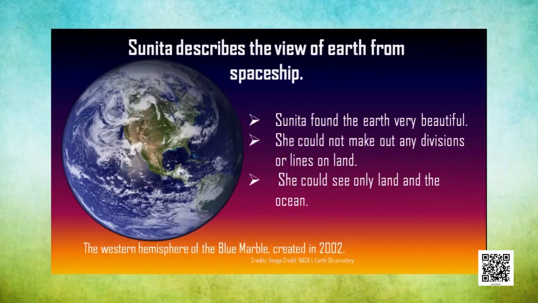Children, in the last part, we had seen the globe. You might have seen the maps also. There we have divisions and demarcations of the land. That day we could make out our country and many other countries from the globe. But when you see this picture, can you tell which is your country? Or could Sunita tell which was her country? I don't think so. Nothing of that particular type is visible in this. She could only view the land part and the water, which was lovely to look at.